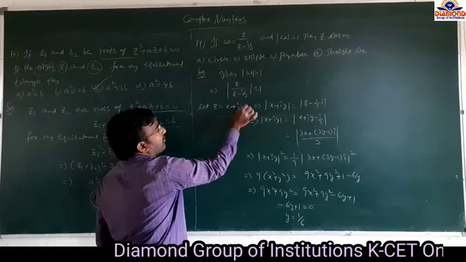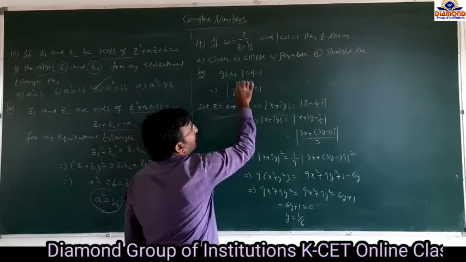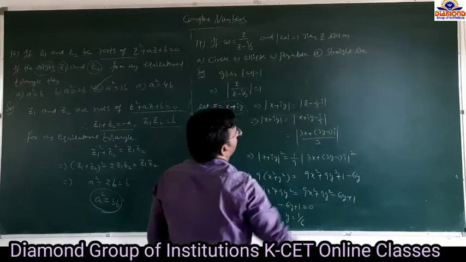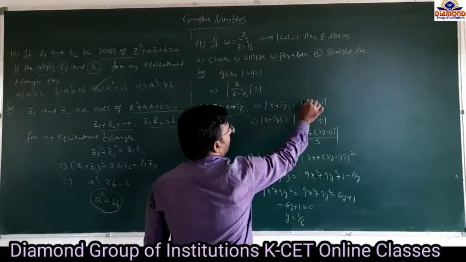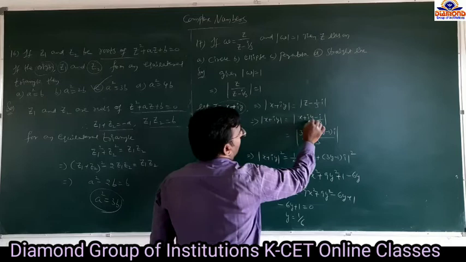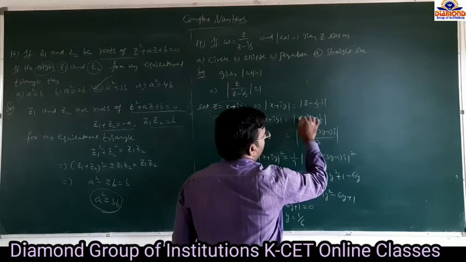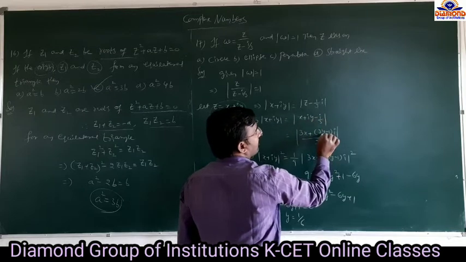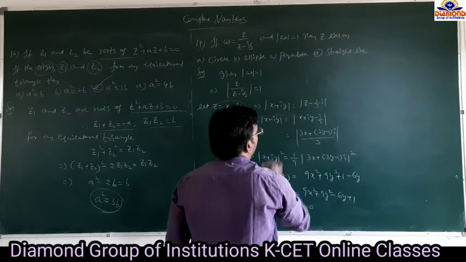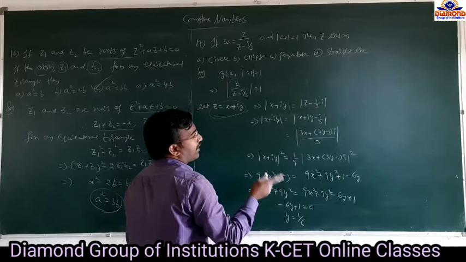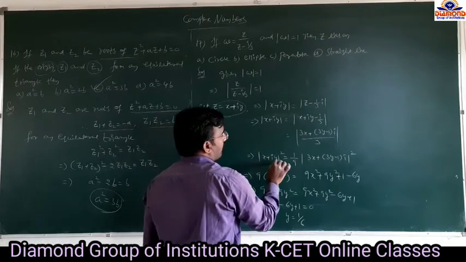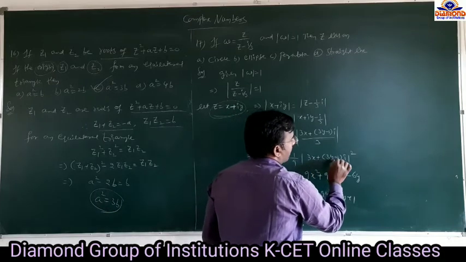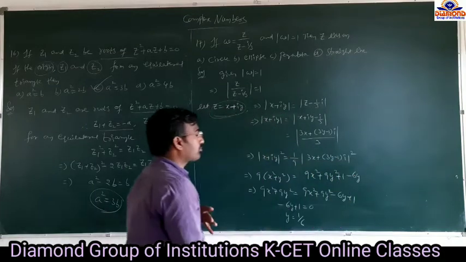If you take z equal to x plus iy, what do you get here? Modulus of x plus iy equal to modulus of z minus i by 3. So in the place of z substitute x plus iy. So x plus iy minus i by 3. Here 3 is the LCM: 3x plus 3iy minus i, divided by 3. So x plus iy equal to this. Squaring on both sides, what do you get? Modulus of x plus iy whole square equal to 1 by 9 modulus of 3x plus i times 3y minus 1, whole square.